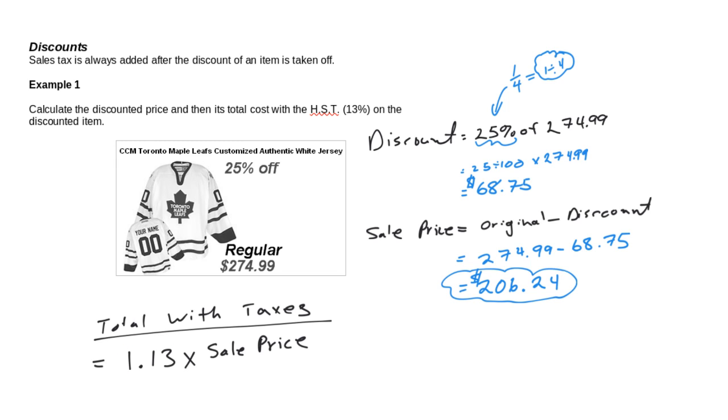That's actually saying take the 100% from before and tack on 13%. So we're going to times 1.13 by 206.24, and that gives us our final total with taxes being